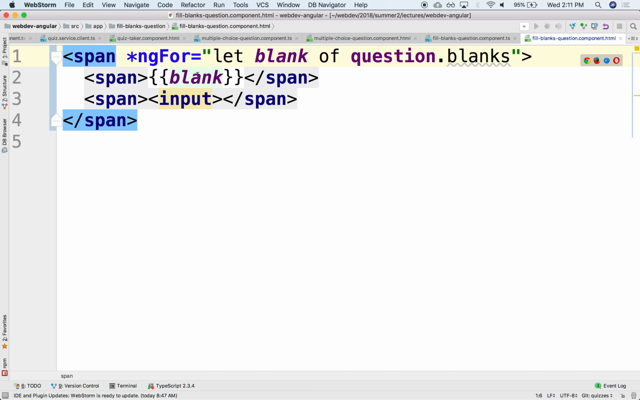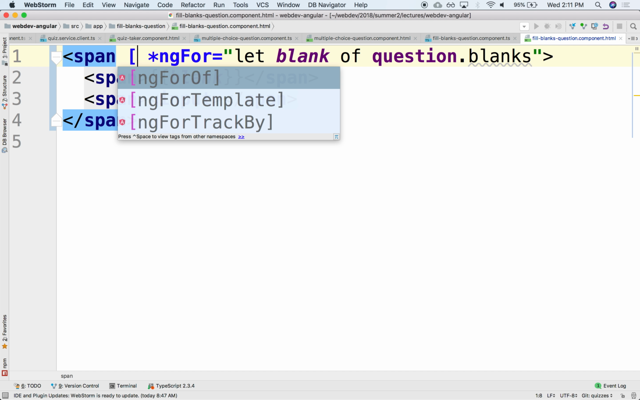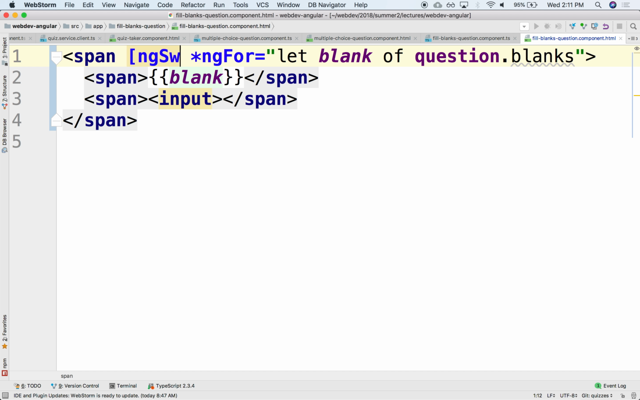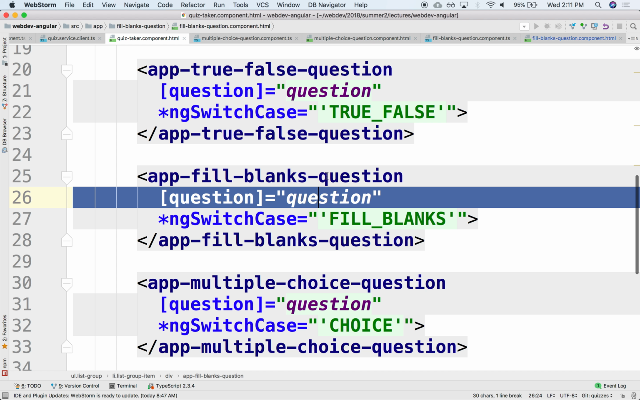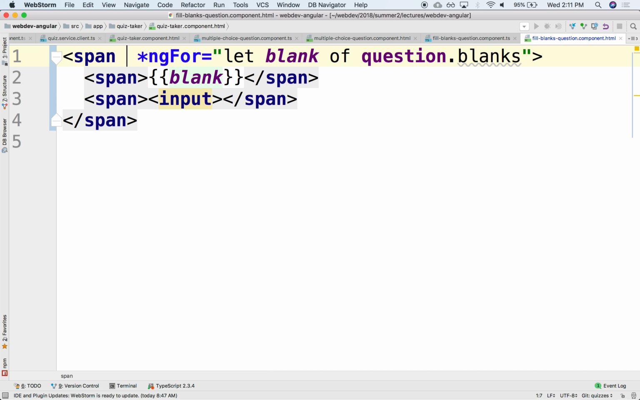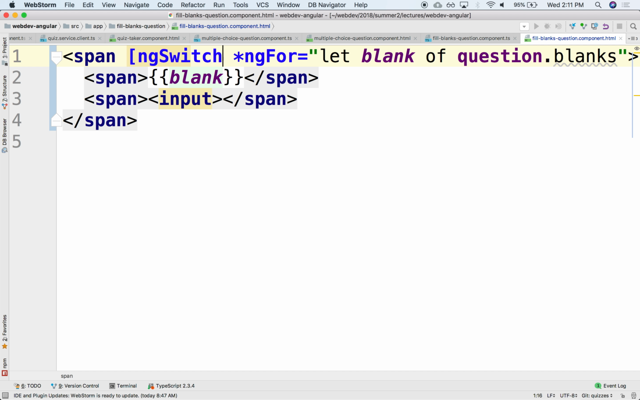we could create a switch around this. We could say ngSwitch. ngSwitch. Okay, and that's going to be equal to